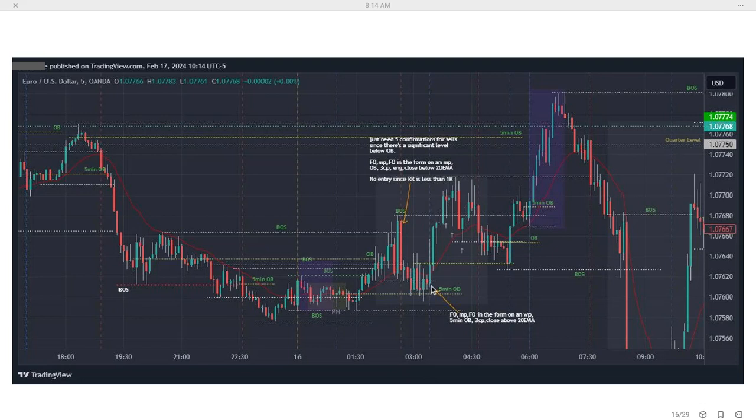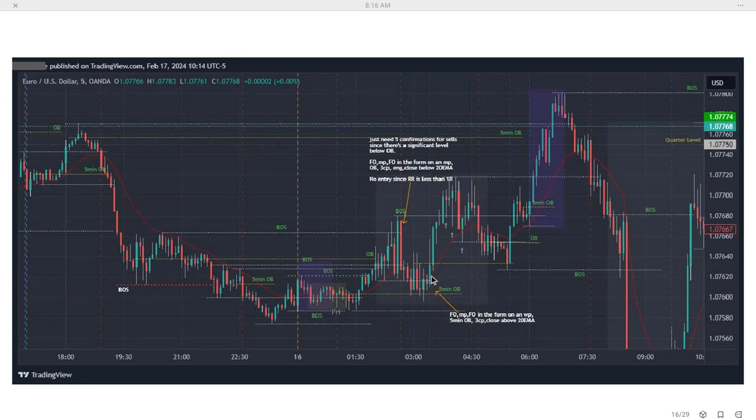What we have is a fake out W pattern, and this fake out in the form of a W pattern, when you look at it on the line chart, because the price goes down, up again. And it's reacting off of this 5-minute order block. There's also this 3 candle pattern, and now we have 5 confirmations for sells and the price action closing above